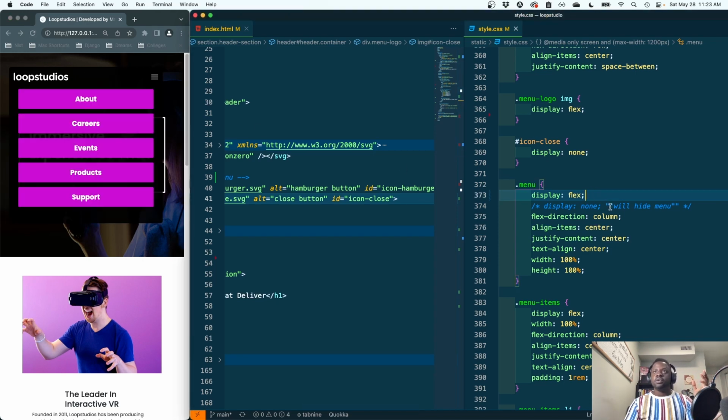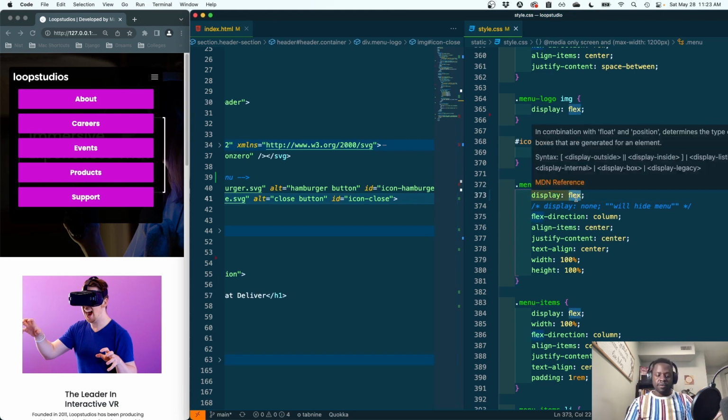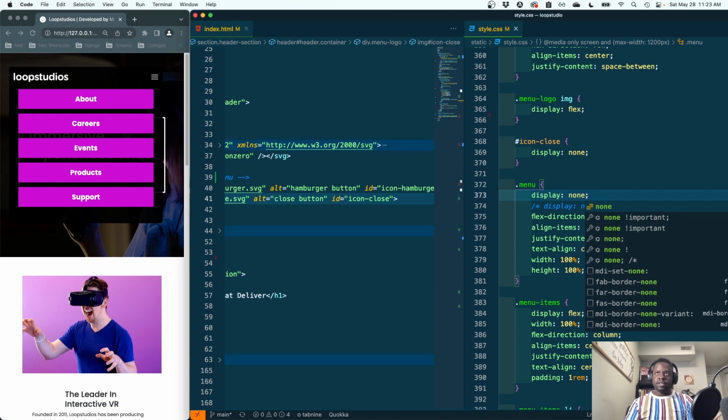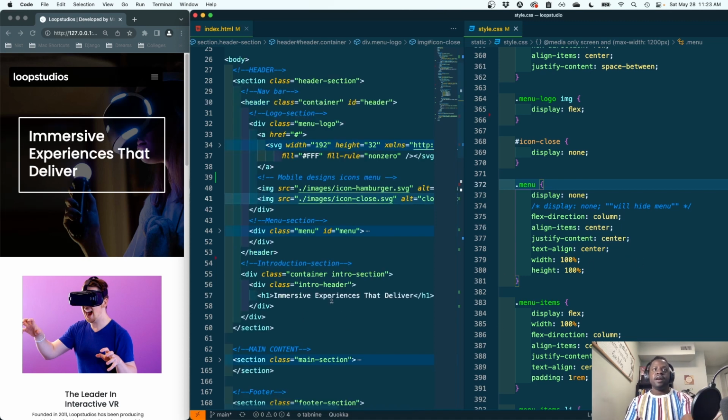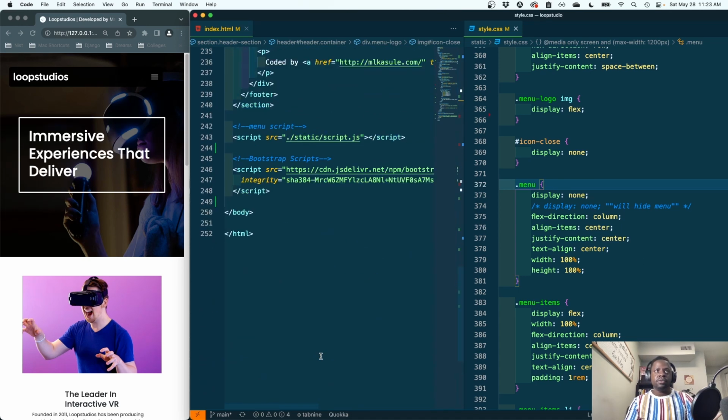Right now it's not gonna show because JavaScript is already taking over. We're just hiding it. If you are working on this project right now, you would see it showing because you haven't applied the JavaScript yet. But if I comment out the JavaScript in here,